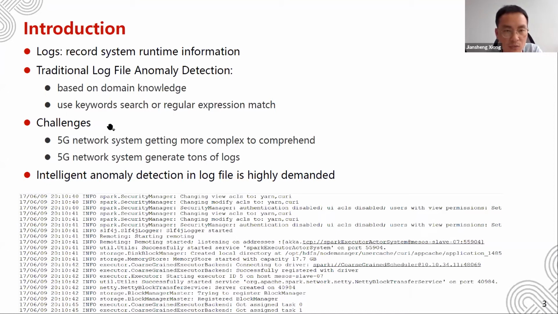Firstly, 5G network system behavior is too complex to comprehend by each single operator. An operator might have only incomplete understanding of the overall system behaviors, thus making it a great challenge to identify issues from huge logs. Secondly, the 5G network system generates tons of logs.